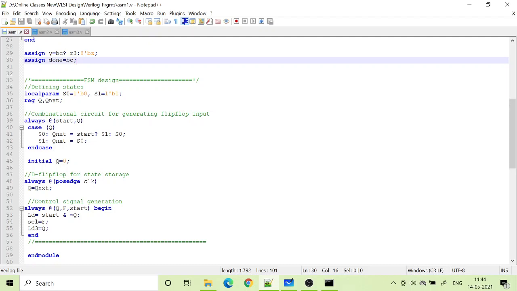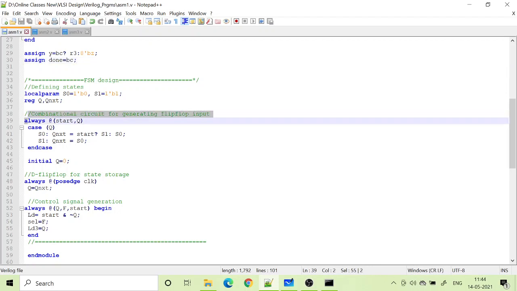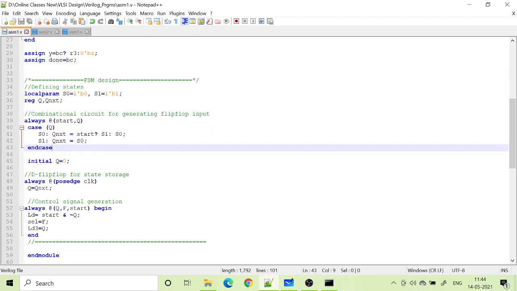And then other than that, we have here this part basically generate the input to the flip-flops. Okay, so the input will depend upon the previous state as well as the external input. In this case, the external input is start input.